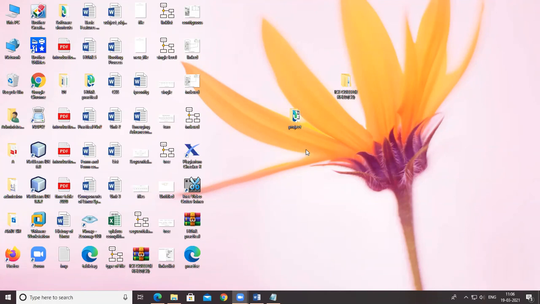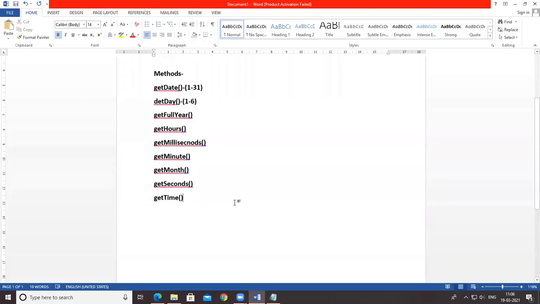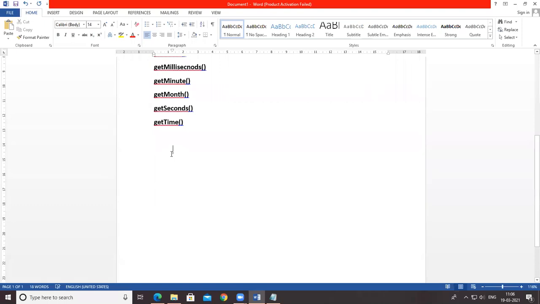Then the next topic is the Math object. Math objects mean calculations, just like finding the rounded figure of any number, finding the maximum number in a particular range of numbers, or the minimum number from two specified numbers.